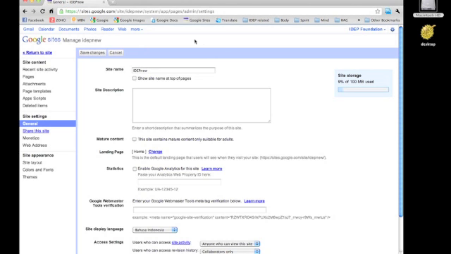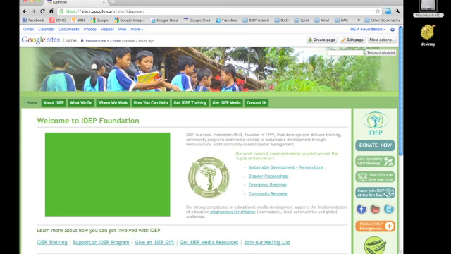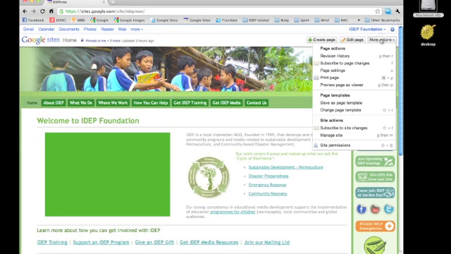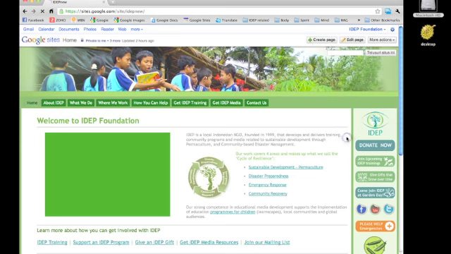So let's have a look at how you can take care of your site structure. Your site structure is not necessarily what you see here. This you establish yourself unless you make it automated. It's more about keeping your site pages well organized. To do that, you go to More Actions, Manage Site,